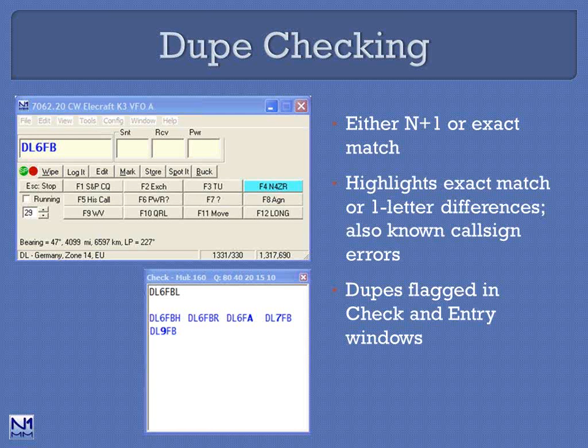Anyway, moving along, one of the other things you obviously need to do in a contest program is to check and make sure that the QSO you are thinking about making is not a duplicate. And in that respect, what N1MM does is to offer you a choice between what they call N+1 or exact match. In the case of exact match, for example, if you typed in DL6FB, it would display for you in the check window all of the call signs that contained